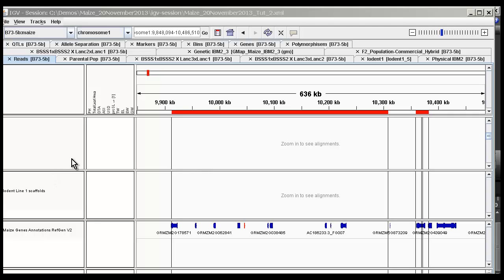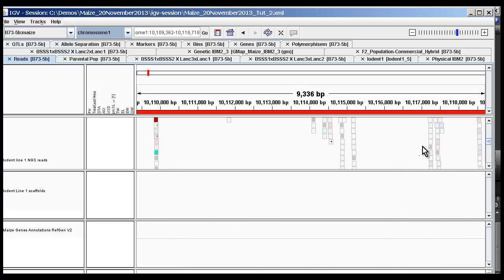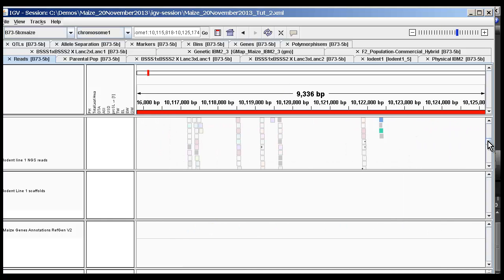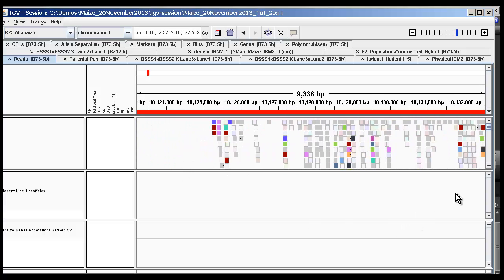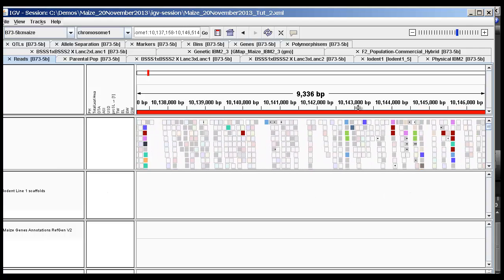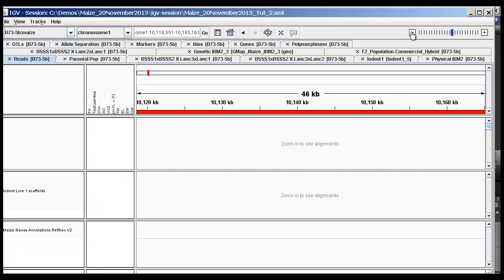Each track is showing different information. In this case, this track here is showing alignments between reads and the reference genome, and this track here is showing other types of information, which is the scaffolds of